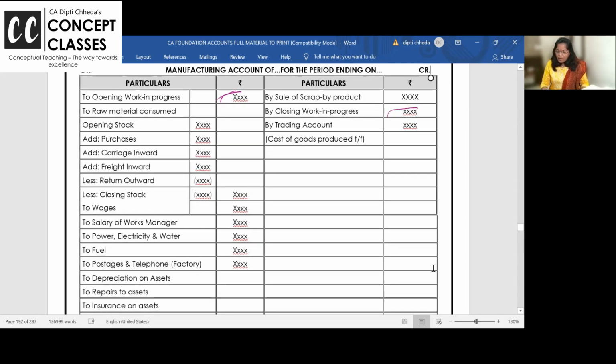Now, raw material consumed, used: opening stock plus purchase of raw material. 10 bags of peanuts were there, 100 purchased. While purchasing, I paid